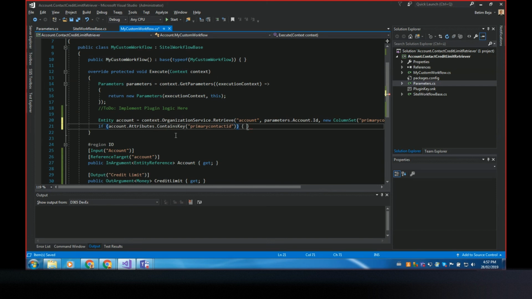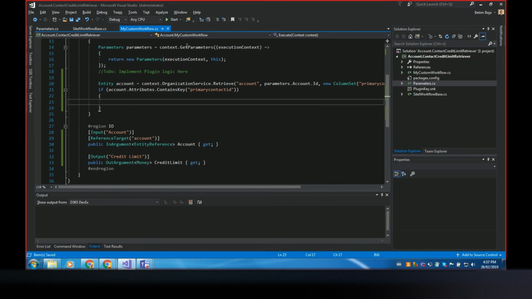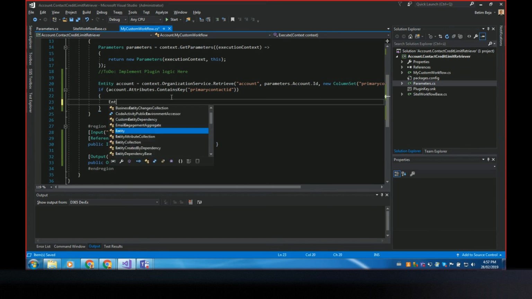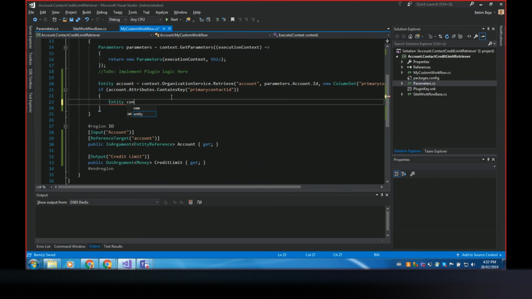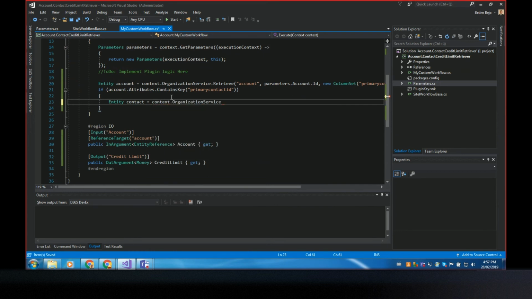If it does not have a primary contact ID, then I can't retrieve some inexistent contact. And I will say entity contact equals context dot organization service dot retrieve